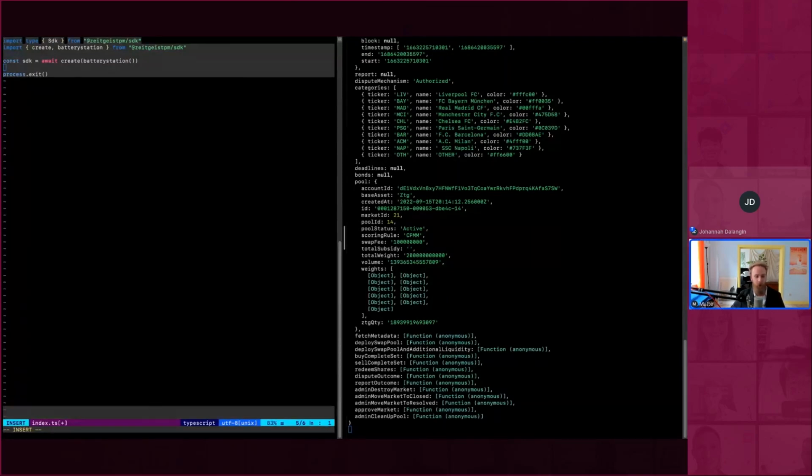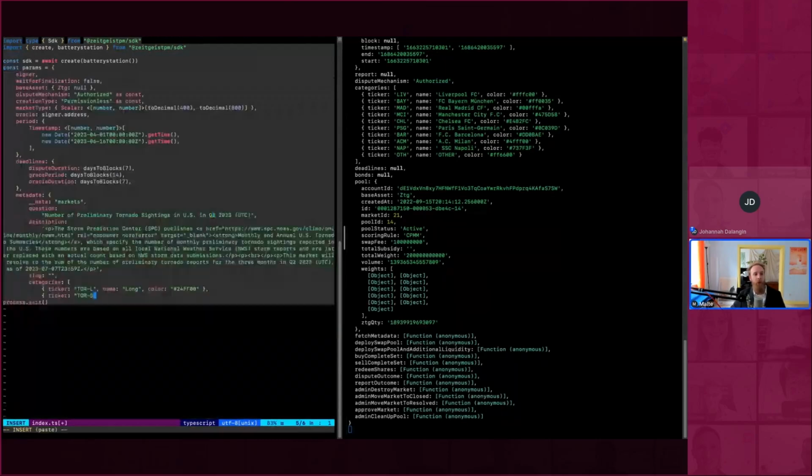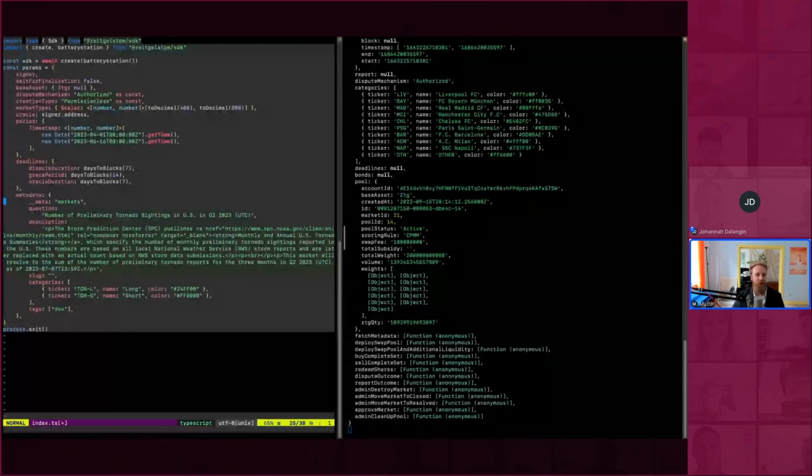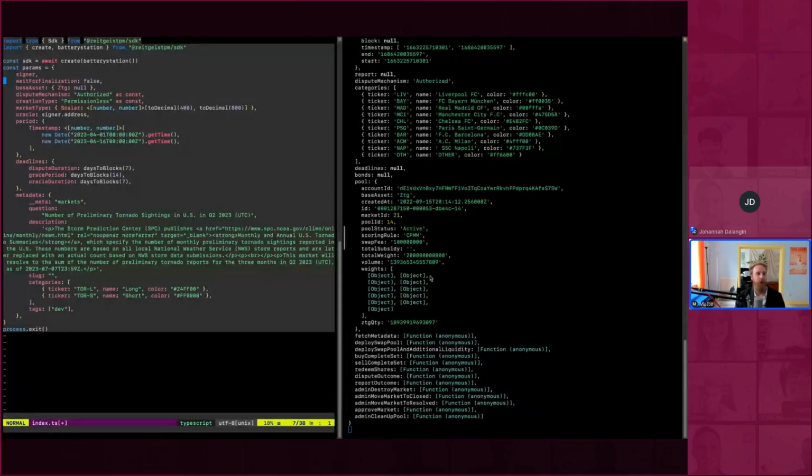We have a system where you have these parameter objects which specify all of the parameters of market creation. I'll just paste this in here, and we'll go through these one by one, at least the interesting ones.